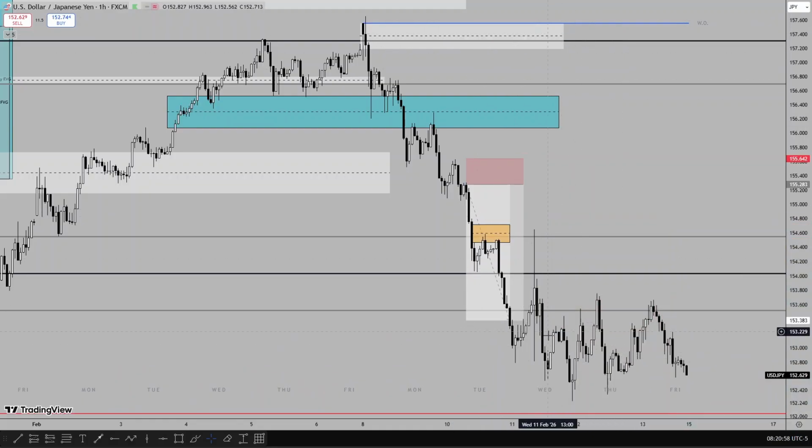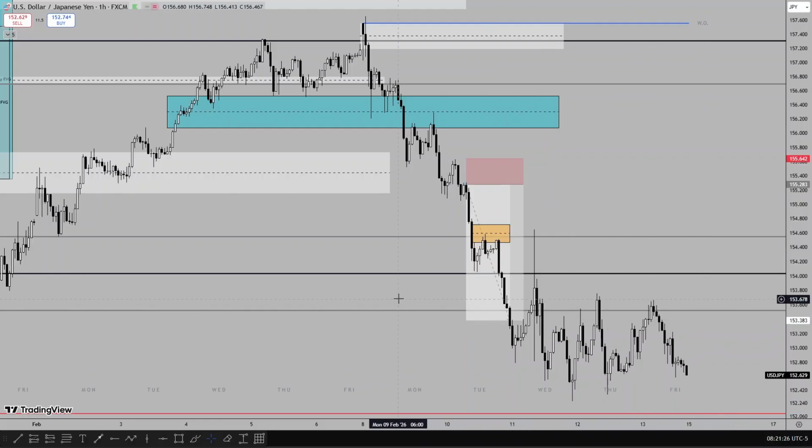So price did a consolidation, but looking at this price action, clearly we can see that price is failing to trade above the daily inversion fair value gap. It is a clear signal of price trading lower to the sell side liquidity next week. So I only took one trade on USD JPY, which was this trade.